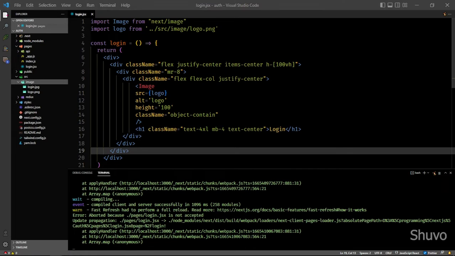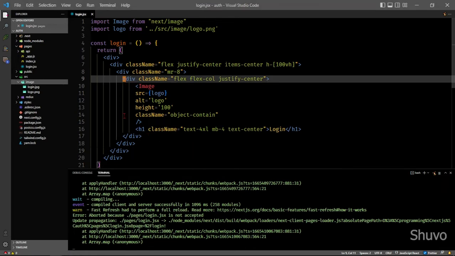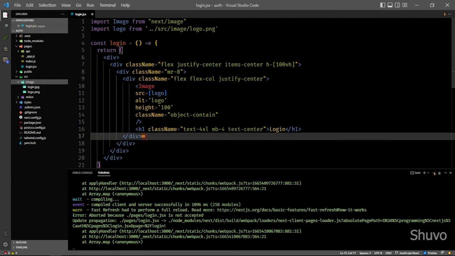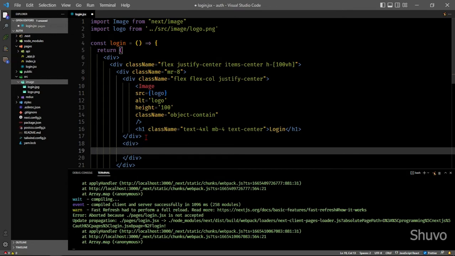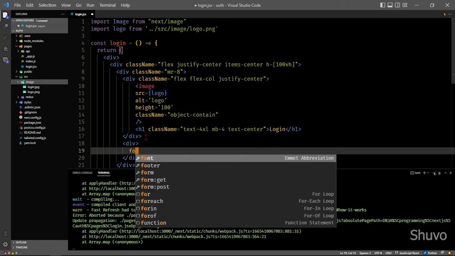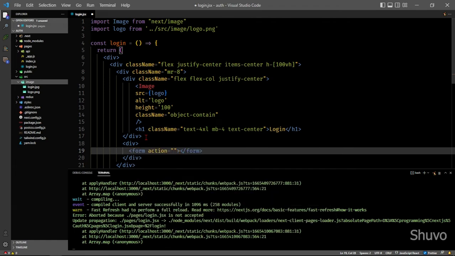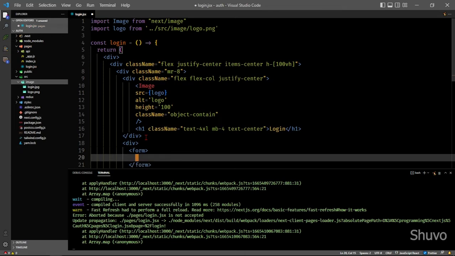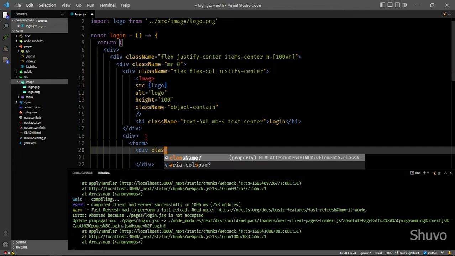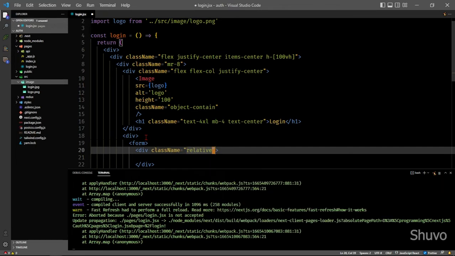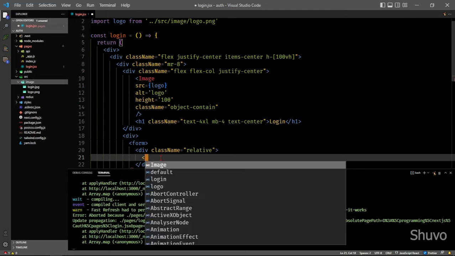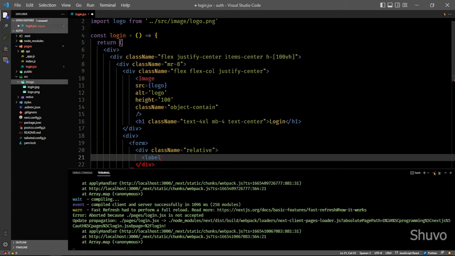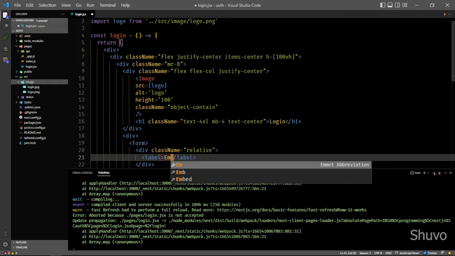Now we add another div, and the form will be nothing, we just delete it, and we specify a div with class name relative for our labeling purpose. Okay, label, and we just keep it email,